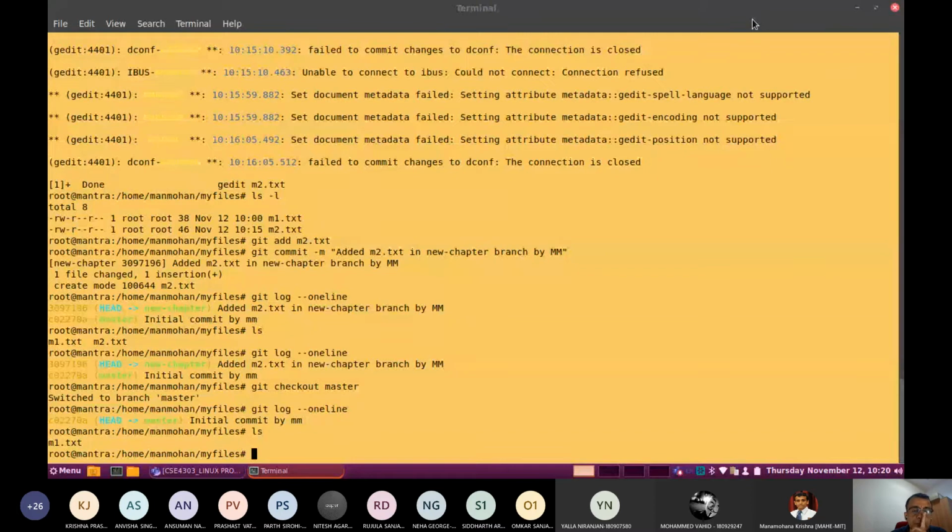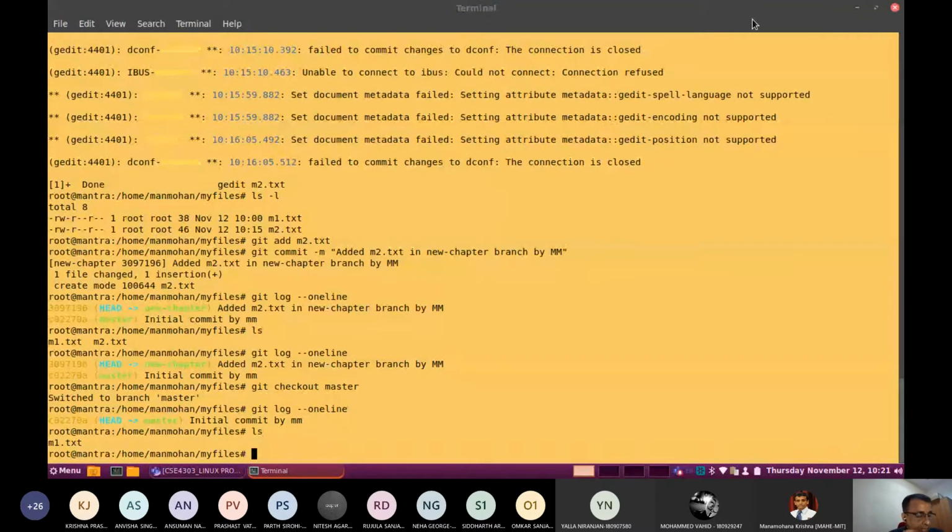It's very interesting because I created m2.txt and committed it, but it is not reflected in the master branch, because master is a separate branch. m1.txt was taken by the new branch, and along with that they created a new file, m2.txt, but it is not yet reflected here, because it is a separate branch.